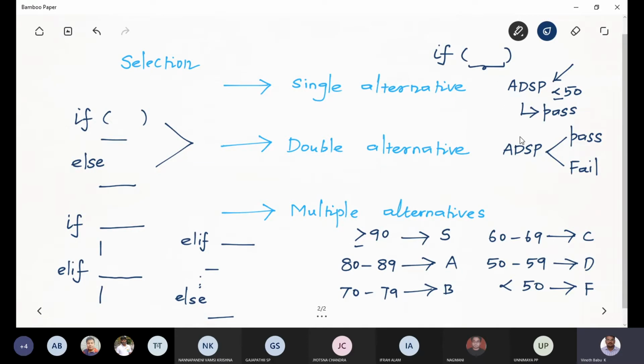In Python, we already discussed conditional operators and logical operators. So all those things we are going to use here. Here you need to use the conditional operators inside that. Okay. Let me go to Spyder screen.